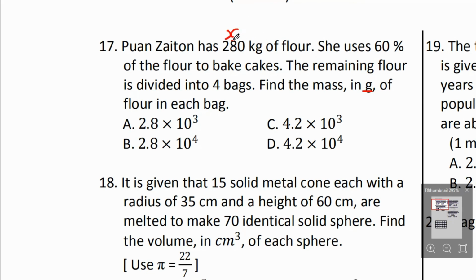So you will have 280,000. And Zaiton uses 60% to bake the cakes. Therefore, the remaining flour will be 40%. So what is the mass of this 40%? 280,000 multiplied with 40 over 100. Okay, use your calculator. Then you will get 112